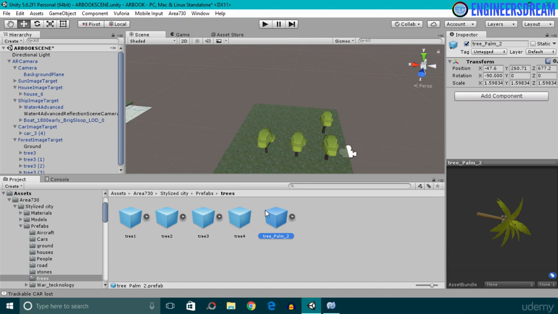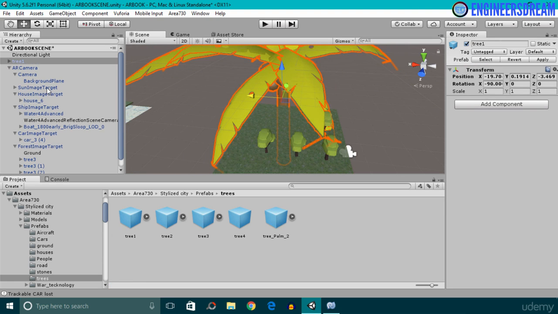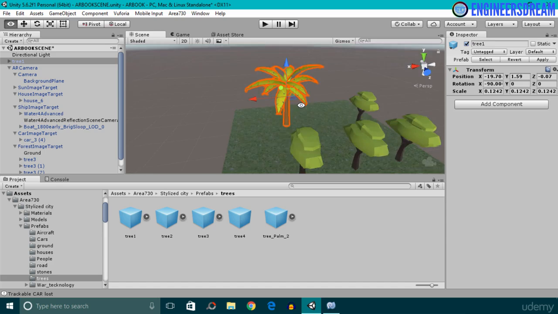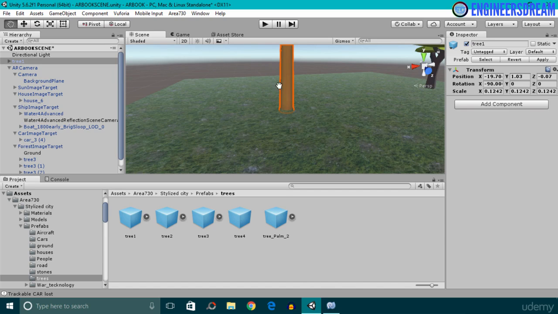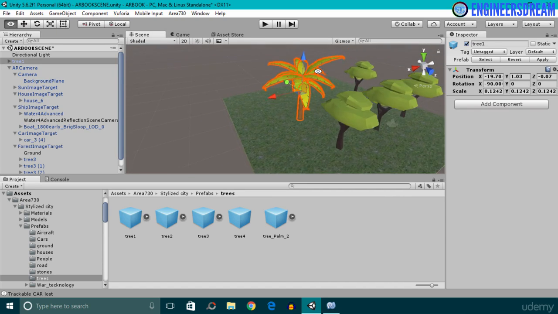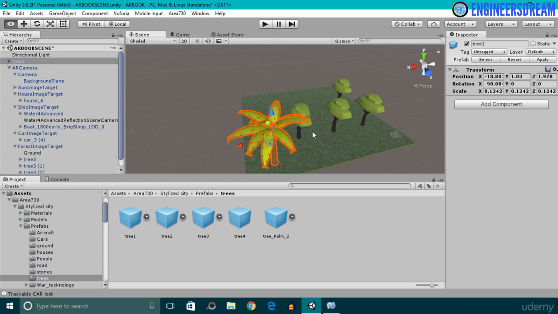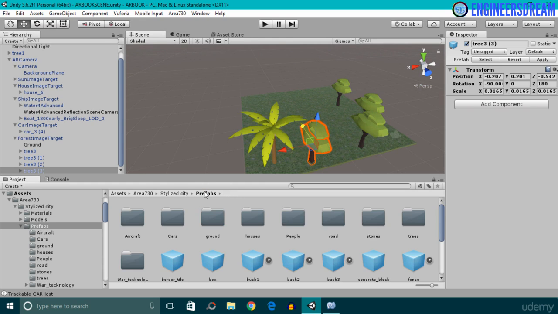Now, if you look, we also have some palm trees over here. So I'll just add a palm tree. I'll reduce the scale of it. So as you can see, the palm tree is on top of the ground. Next, I'll position it somewhere on top of the ground game object. Okay, I'll keep it here. So after adding the trees, next I'll add the stones.